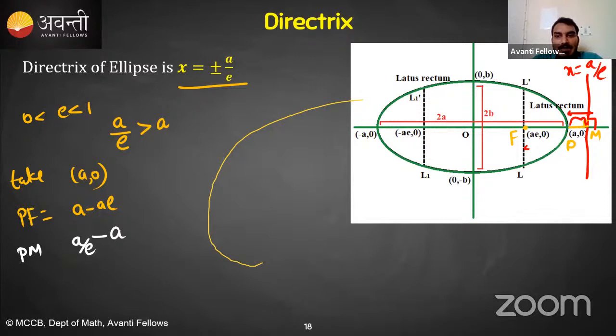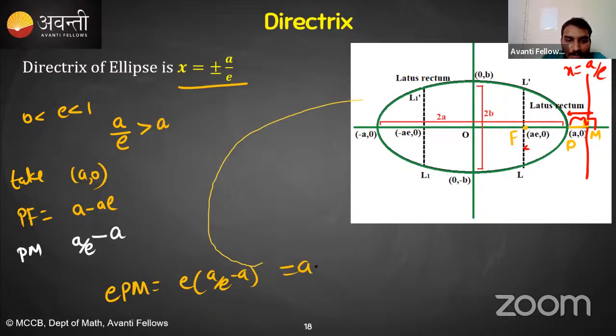PF should be equal to e times PM, isn't it? PF is equal to e times PM. Tell me what is e times PM? e times PM is e times (a by e minus a), which is a minus ae, which is nothing but PF. Yes or no? So it implies PF is equal to e times PM. So it implies the directrix of the ellipse is x is equal to a by e, and the same thing